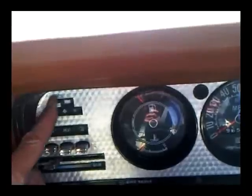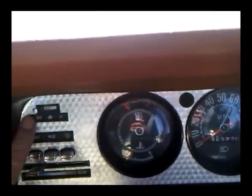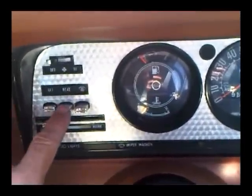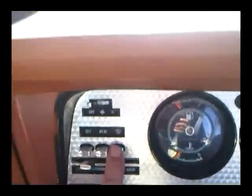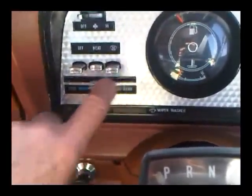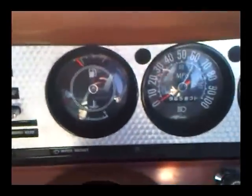We've got a 3-speed blower, and we've got 3 buttons here. One turns the blowers off, one turns the blowers to run with air coming into the cabin, and the other one pulls it up onto the windscreen, so it's for demisting. And then you've got your heater valve control, so it basically just makes it no heat or heat, which is all they do really. We've got the normal set of dials and gauges,